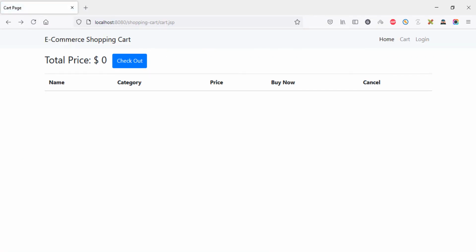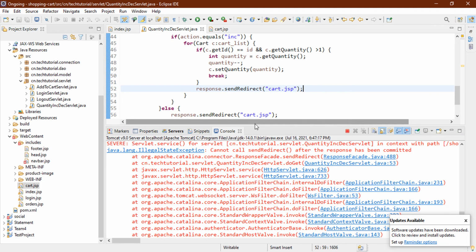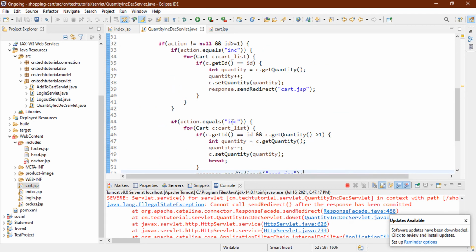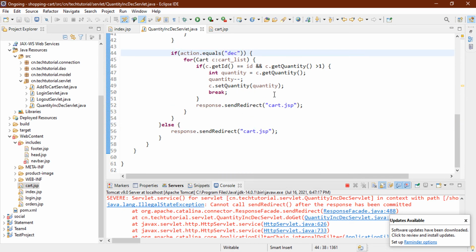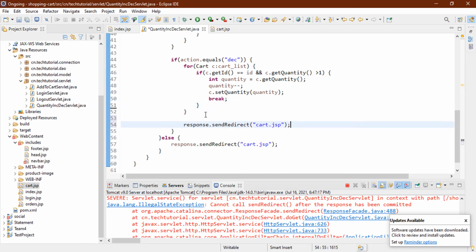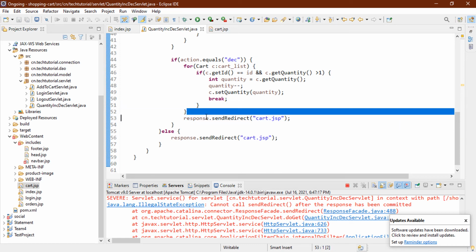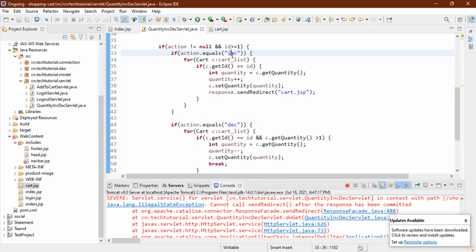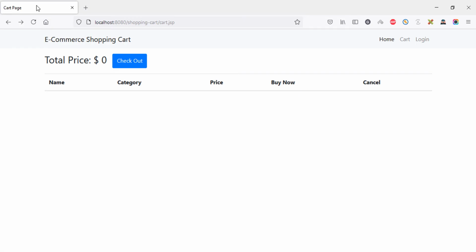Oh, I see. This is the bad practice of copy and paste. It should be decrement, and this response should be outside of the for loop. That's why I hate copy paste. So it should be decrement, and this one is our increment.